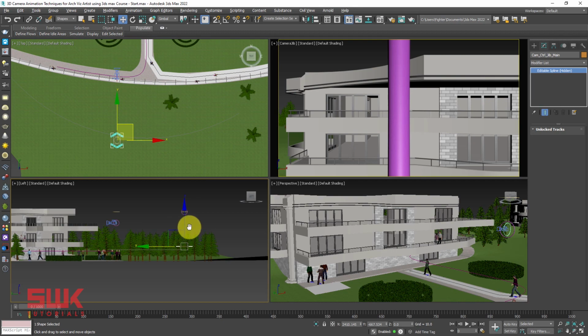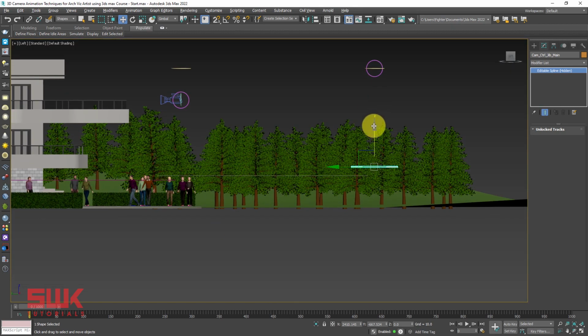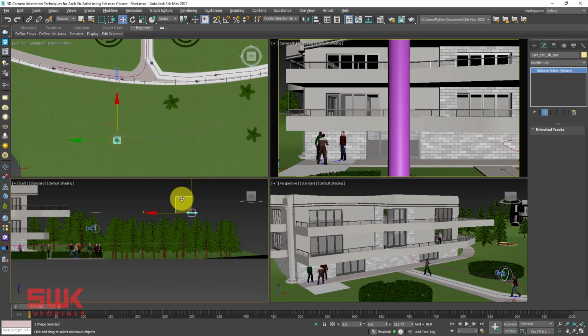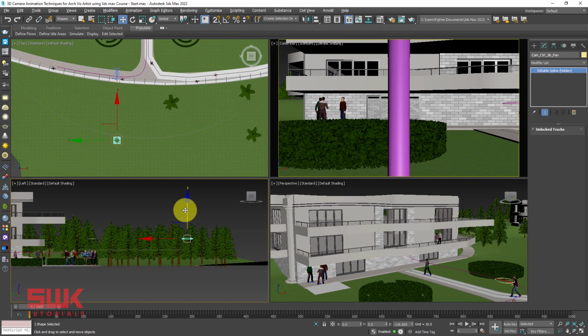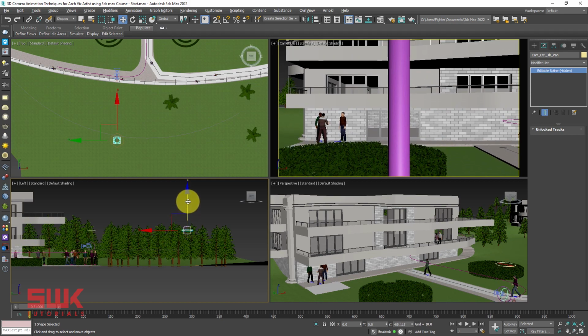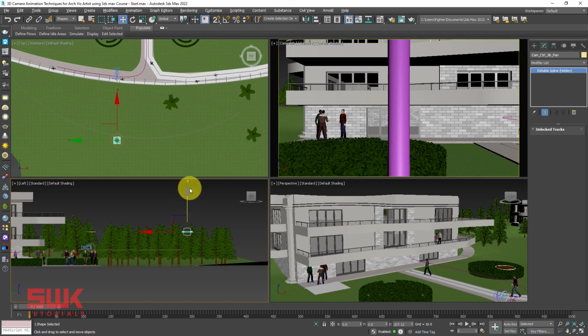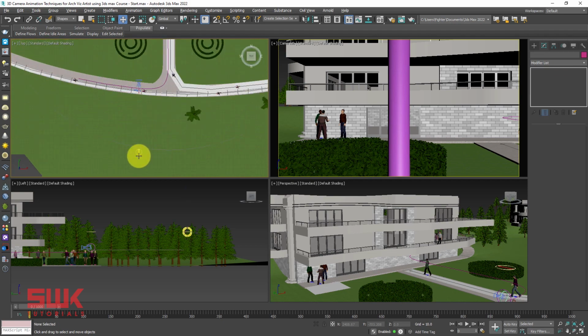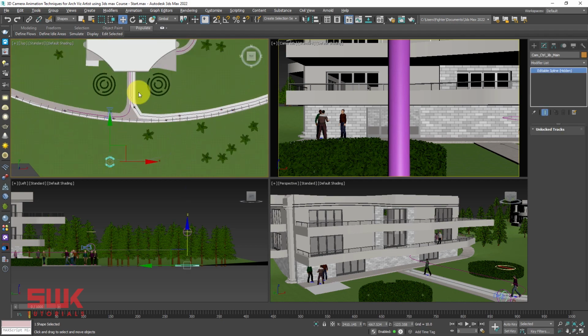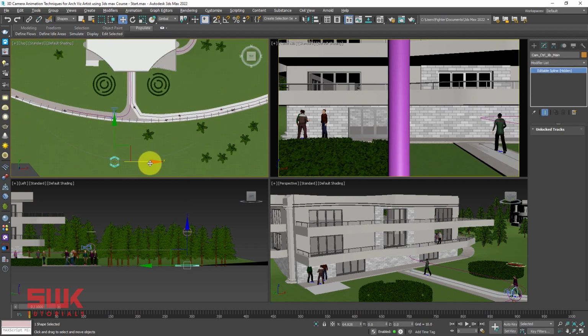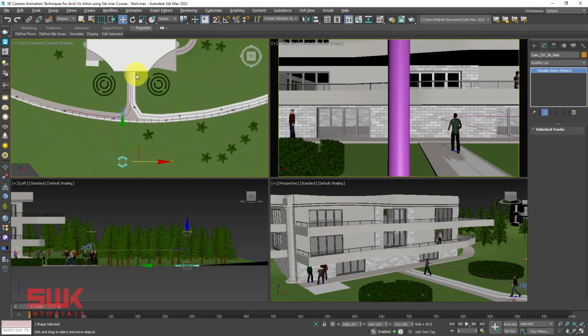So first of all, again I will bring it down like this, then I will click on the pan controller and bring it down somewhere here. This time this is my starting point and this will be my ending point, so I will again bring it in between these two.